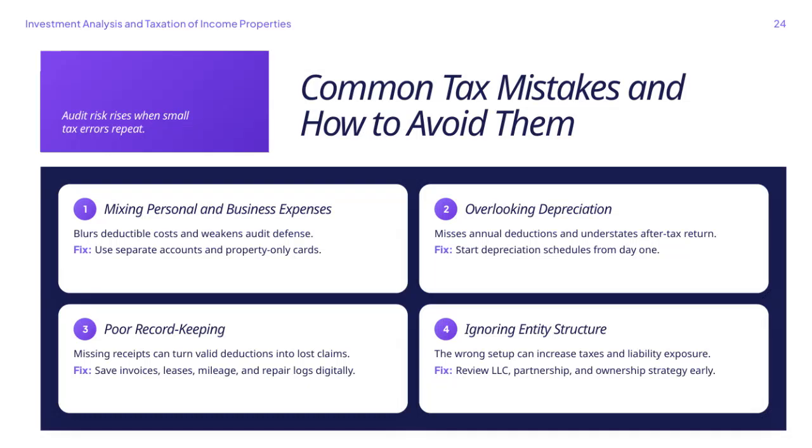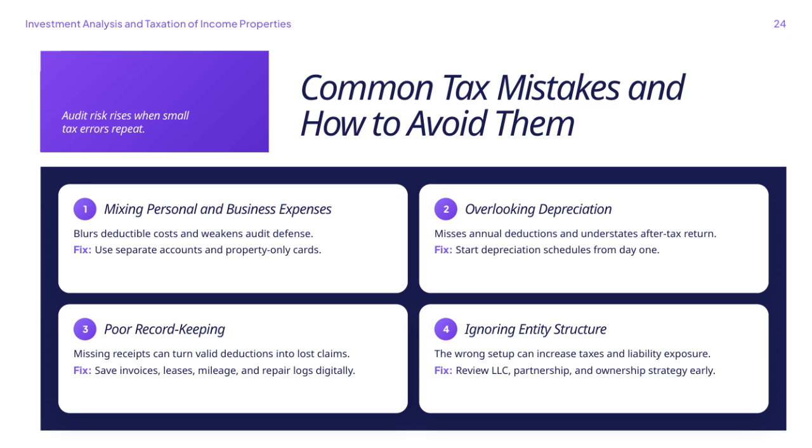When small tax errors happen repeatedly, they significantly increase the risk of an audit. It's important to be aware of some common tax mistakes and how to avoid them. First, mixing personal and business expenses can blur what costs are deductible and weaken your defense during an audit. The best way to fix this is by using separate bank accounts and property-only credit cards to keep everything clear